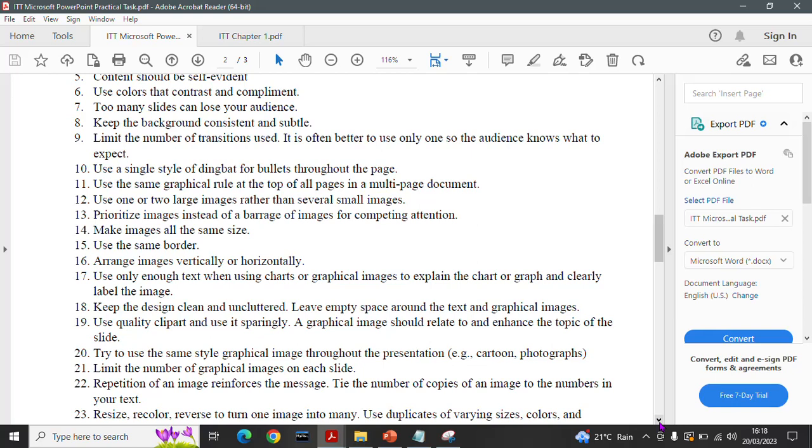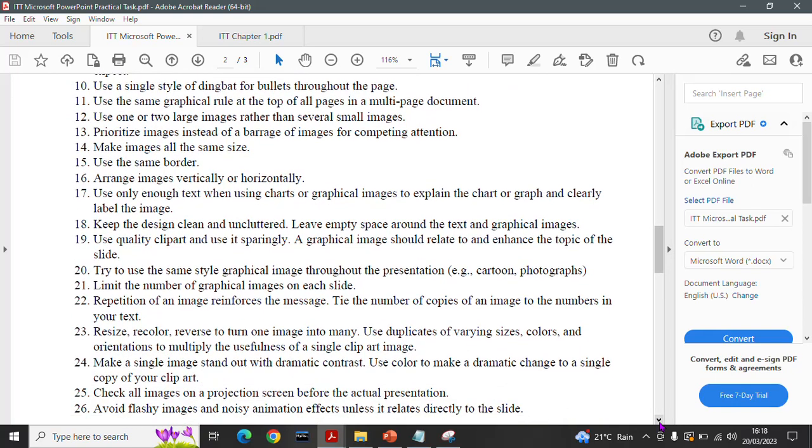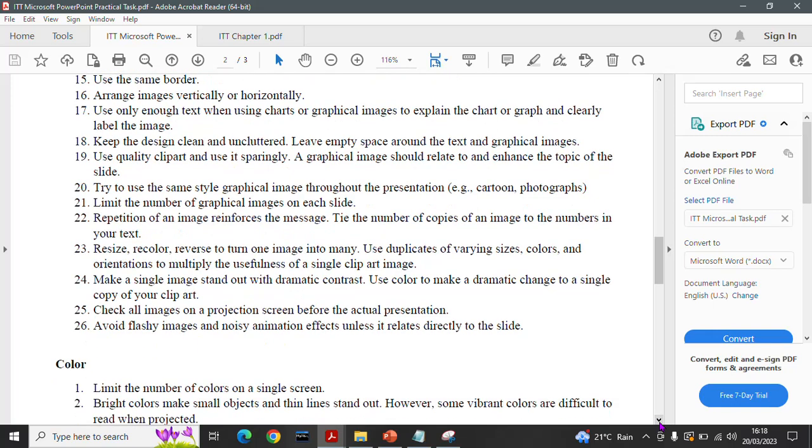Try also to use the same style of graphical image throughout the presentation, e.g. cartoon or photographs. Limit the number of graphical images on each slide. Repetition of an image reinforces the message. Tie the number of copies of an image to the number in your text. Resize, recolor, reverse to turn one image into many. Use duplicates of varying sizes, colors, and orientations to multiply the usefulness of a single clip art image,